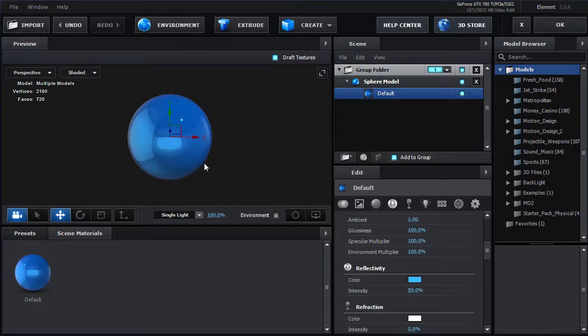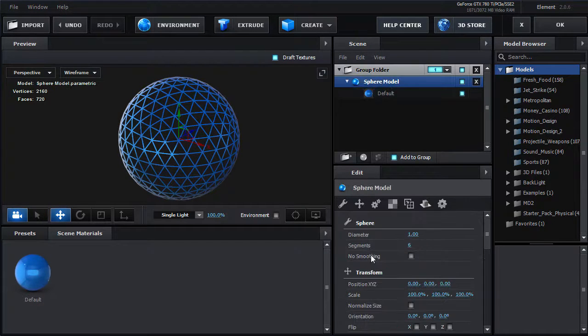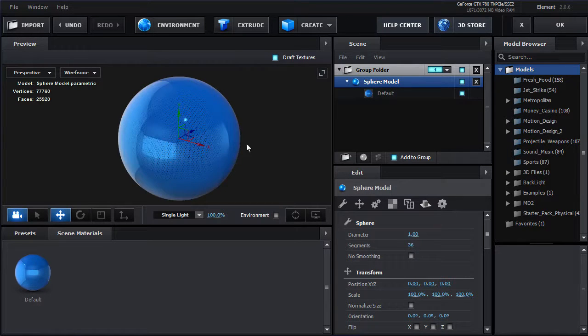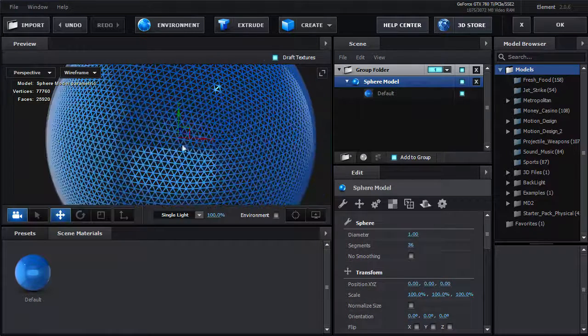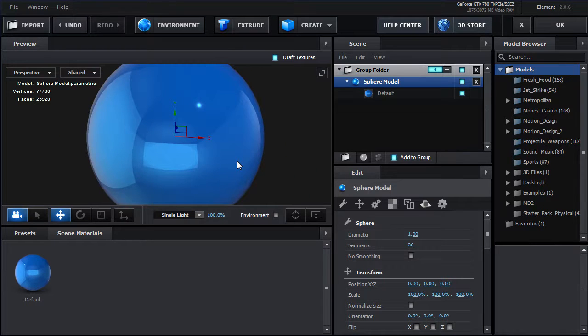All right, so this is looking good, but I want to make sure there's enough segments to do all of our deformation. So as I showed you before, if we change it to wireframe, there's not that many segments. So if we select our object, we can turn the segment amount up. So we could turn it up to maybe 36, and that'll create a lot more segments to be deformed. Now, we'll go and switch it back to shaded, and let me talk to you a little bit about the